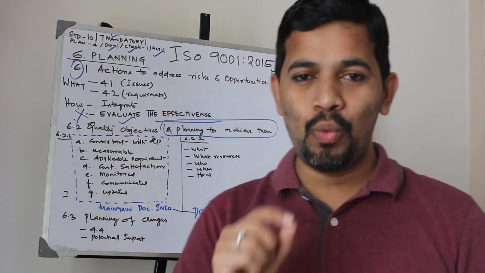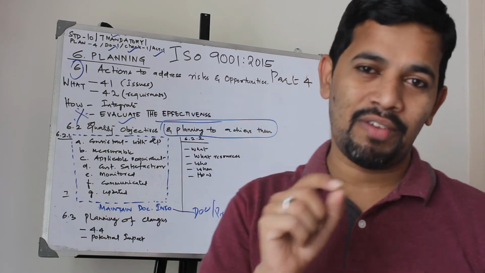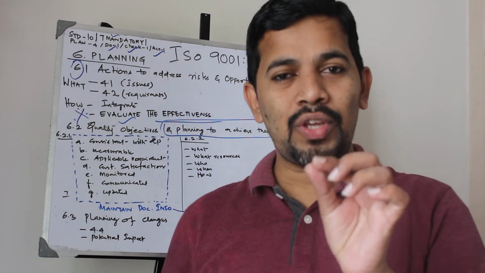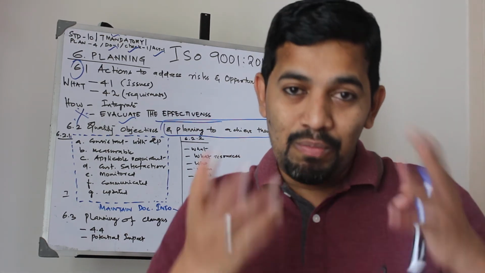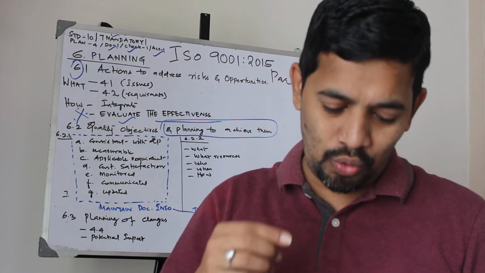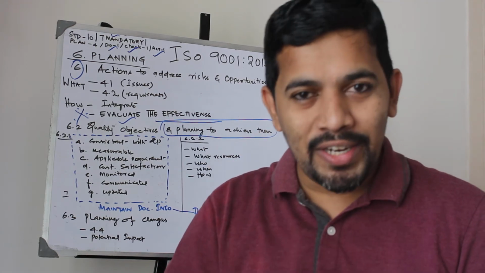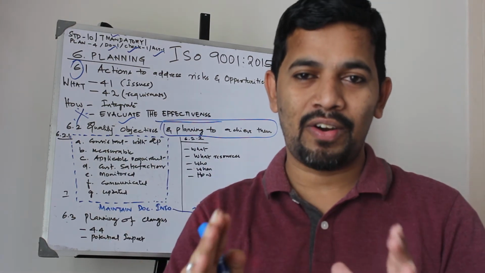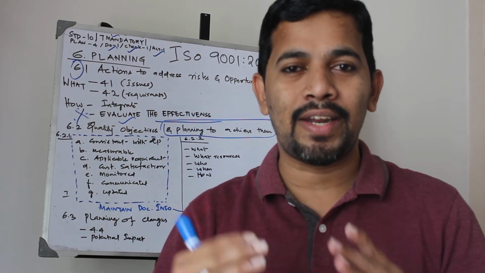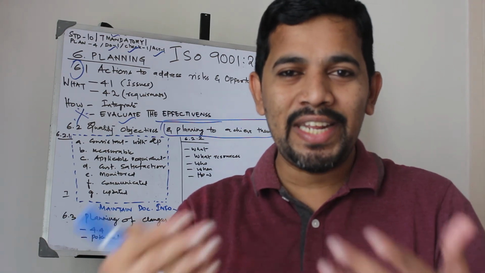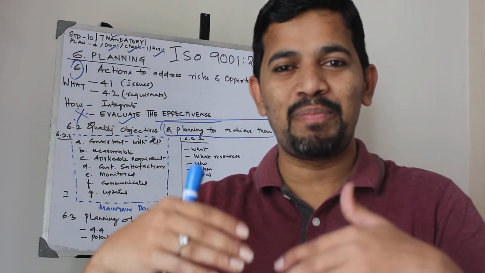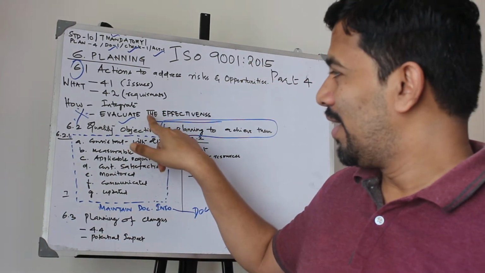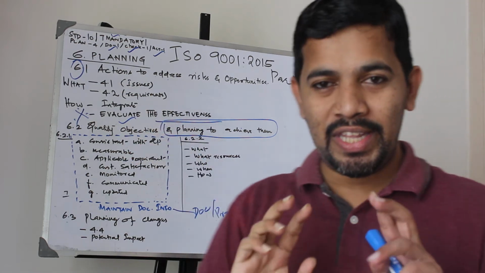And then it says to evaluate the effectiveness of the action. Very, very profound class. When you say the word effectiveness, it comes after evaluate, right? So you take an action, you monitor the action, you evaluate the action, and then you say whether the effectiveness is correct or not, whether your planned actions are meeting the requirement, whether your planned actions are meeting the intended purpose, intended result, and so on. So that is 6.1, evaluate the effectiveness.